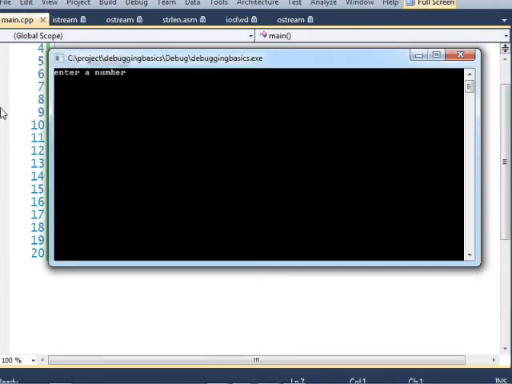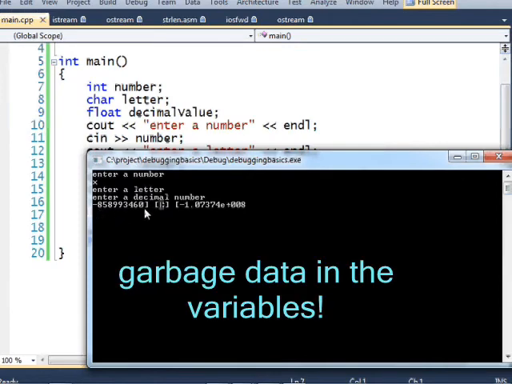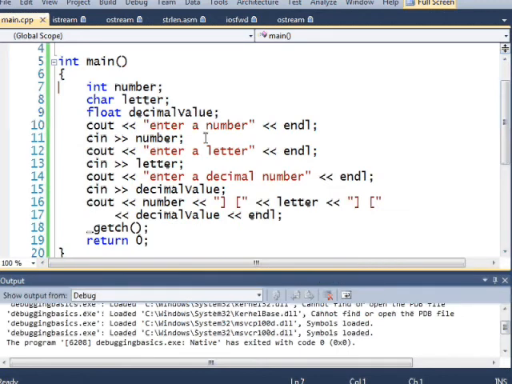Hit F5. By the way, I took off that breakpoint so it doesn't stop anymore. And instead of entering a number like it's asking me to, I'm going to enter a letter. And now check that out. Look at all that craziness right there. Garbage data. When it asked for a number, I gave it a letter, and then cin just kind of threw